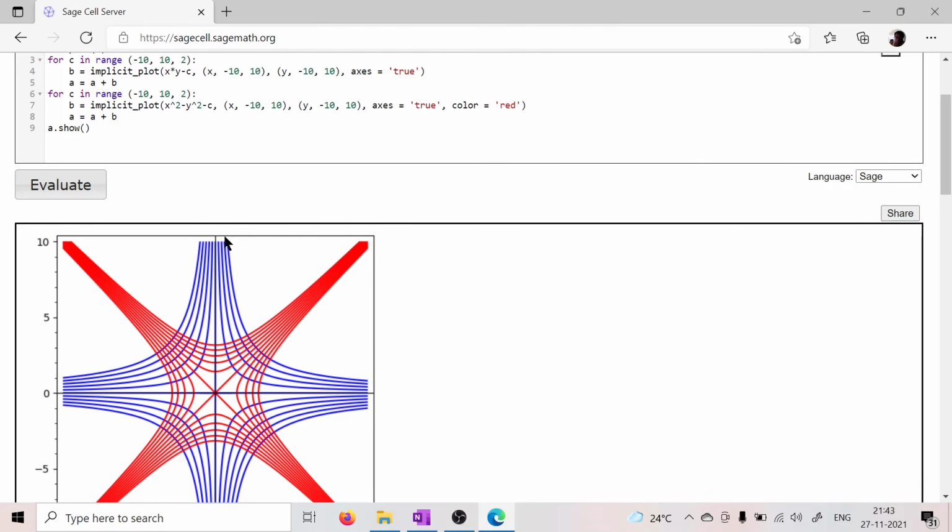For positive values of c, this plus x plus y direction and minus x minus y direction, these two quadrants are for positive values of c, and these two quadrants are for negative values of c for xy equal to c. And these red lines are for orthogonal trajectories. We can see for the blue lines, the x and y axis are tangents to the blue lines at infinity. So these are the asymptotes, and those asymptotes are perpendicular to each other.